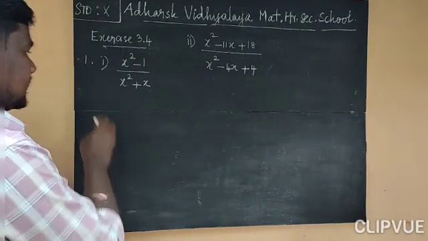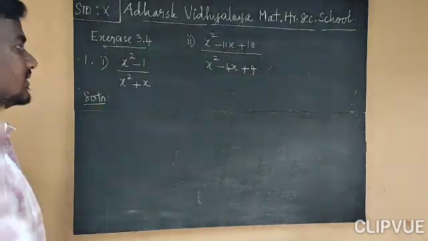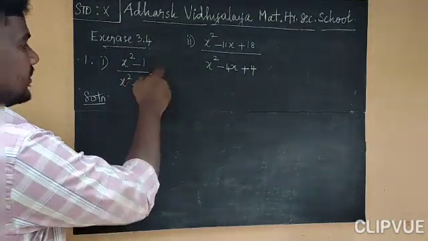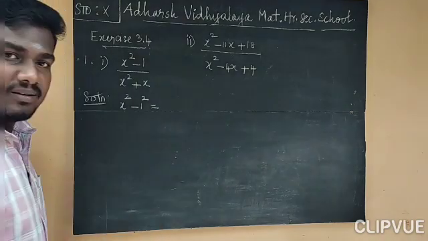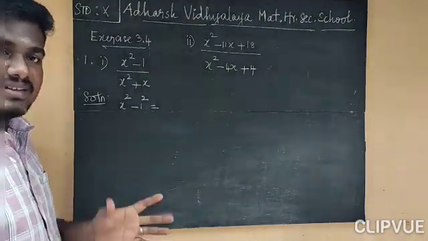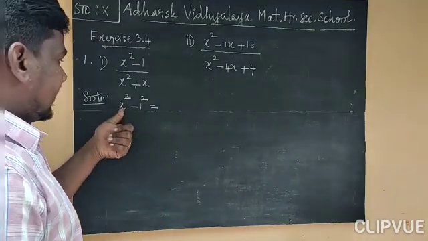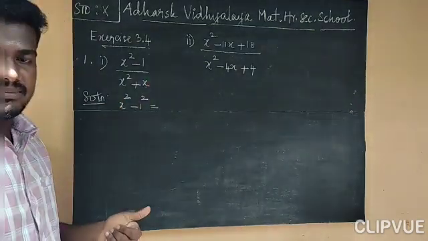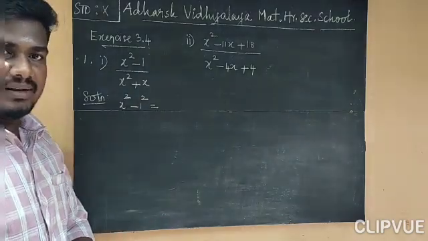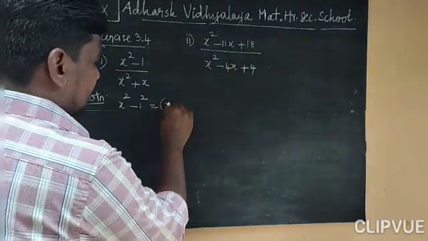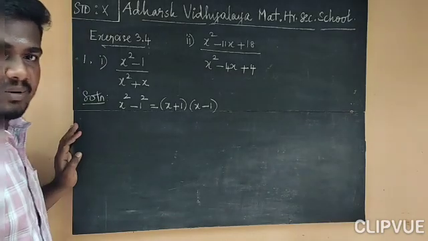So first step, we are going to find the factors of the polynomial. This x square minus 1. This 1 can be written as 1 square because the value will not be changed. It remains unchanged. So I replace it with 1 square. So it is in the form of a square minus b square. You know that identity. A square minus b square equals a plus b into a minus b. So according to that formula, we can replace this with x plus 1 and x minus 1. We can replace it like this.